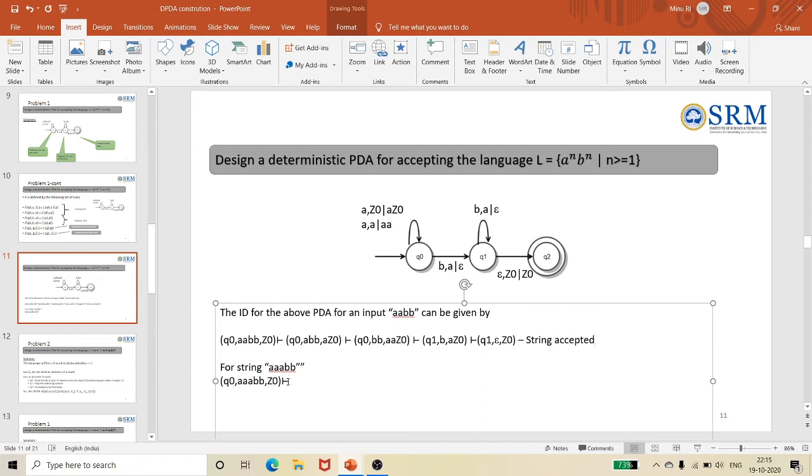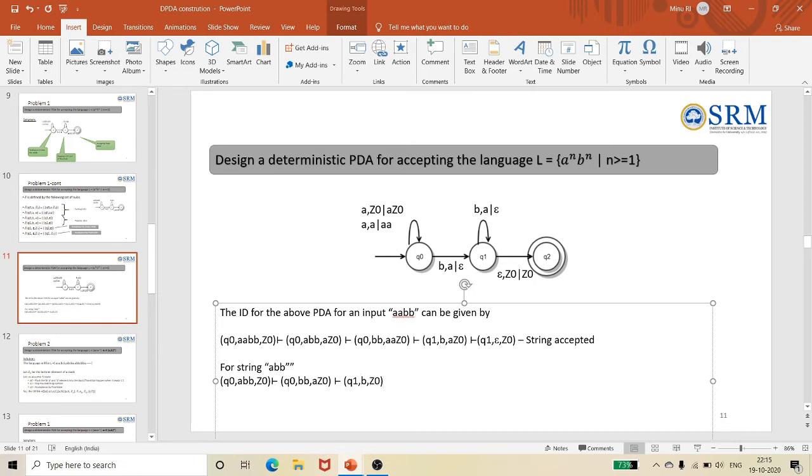In the same way, for a string not accepted, what happened? Let me take it like 1B and 2A, that is, 1A and 2B. Let me see. By seeing B in Q0, I will be in the Q0 state only. Push it, so BB, comma, A is not there. Then again in Q0, on B, I will be popping an A and I will go into Q1 state. So in Q1 state a B will be there and A is being popped.